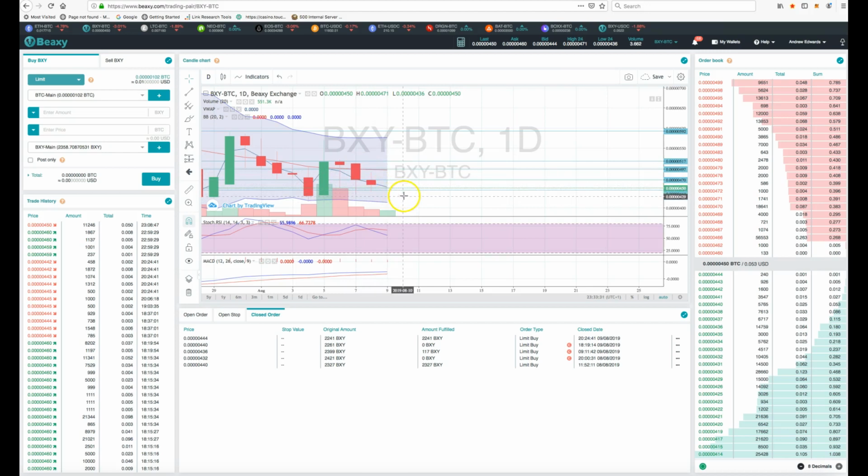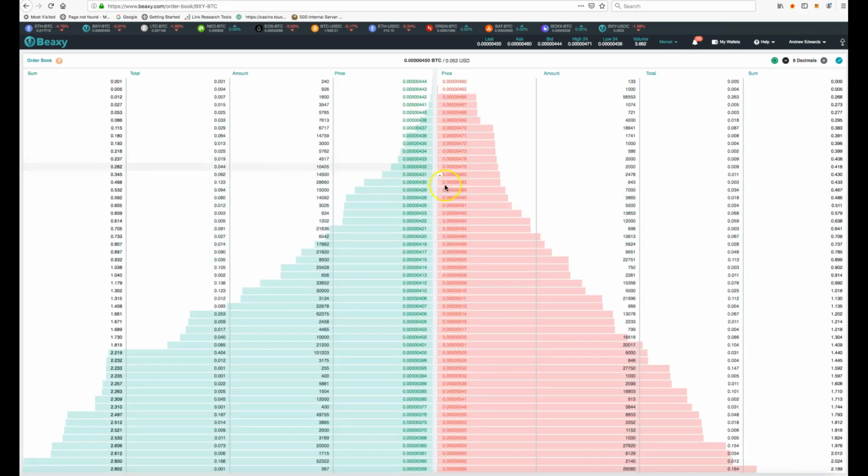I do think we're probably going to retest this 400, which is round about here, the 430 mark. But you can see, for those of you who look at the volume walls and the depth charts, the depth chart's a bit different here. It could go either way, to be honest. Obviously, there's a sell wall here, a bit of resistance, whether that gets removed. But it looks like somebody's literally capitulating and basically buying up as many tokens and coins as they can at this 440 to 500 Satoshi level,